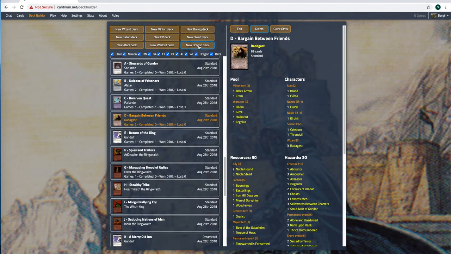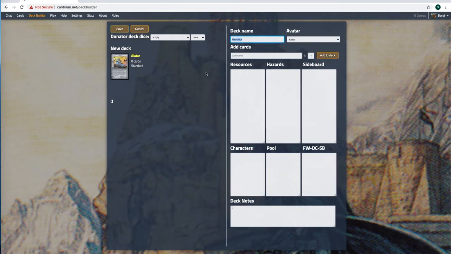Lord or Dragon. For simplicity's sake, let's do a new wizard deck. So I'm going to click New Wizard Deck, and that pulls this over again the way it did when I was going to edit a deck. So we've got a couple of things that we need to name. We need to drop a name in for the deck. Let's call this